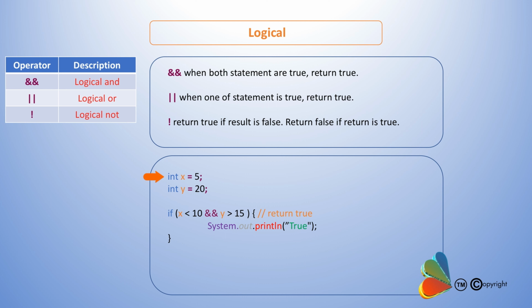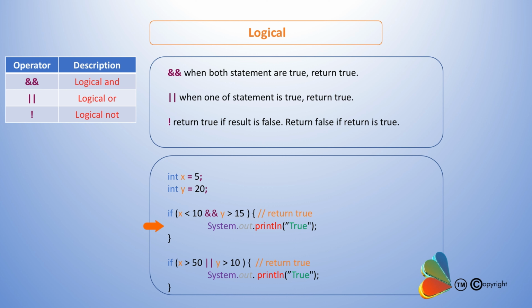In this example, x is an integer and is assigned the value of 5. y is an integer and is assigned the value of 20. If the value of x is less than 10 and y is greater than 15, when both statements are true, the following code will